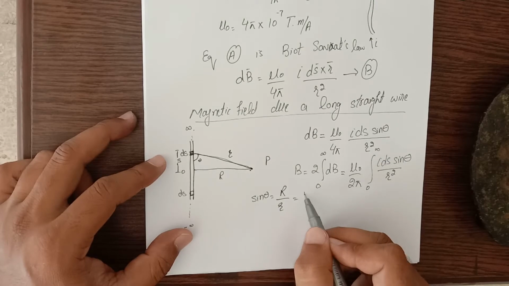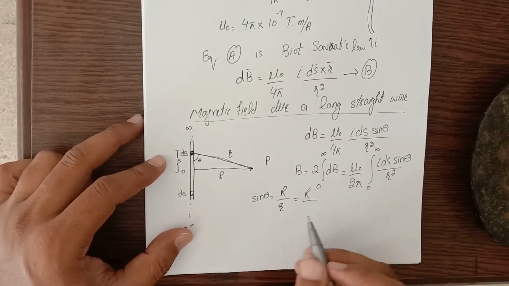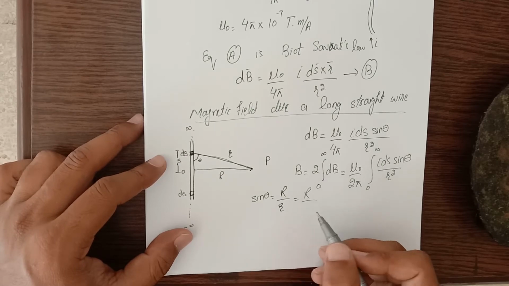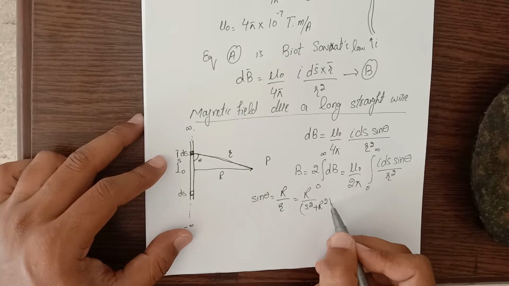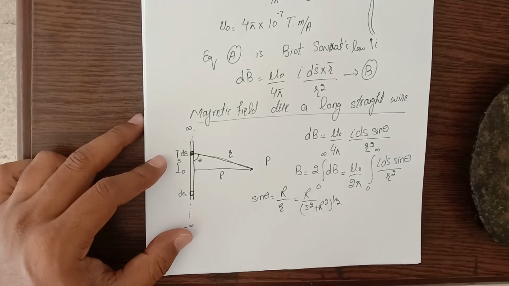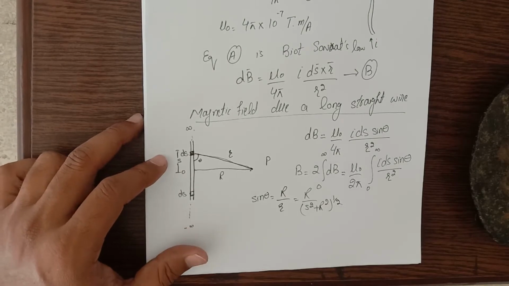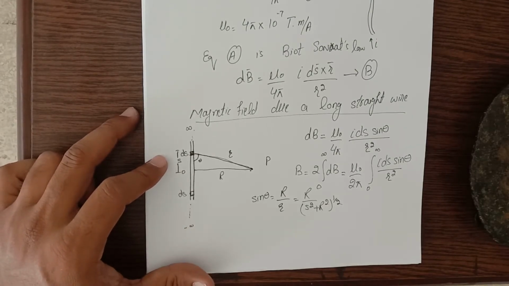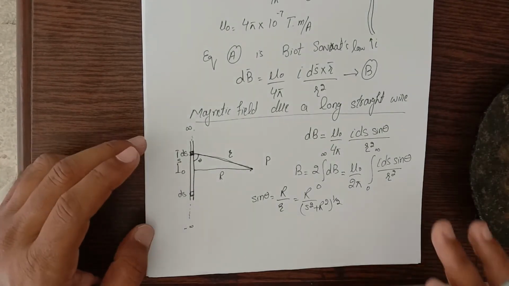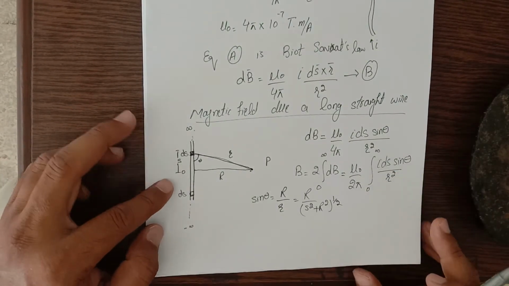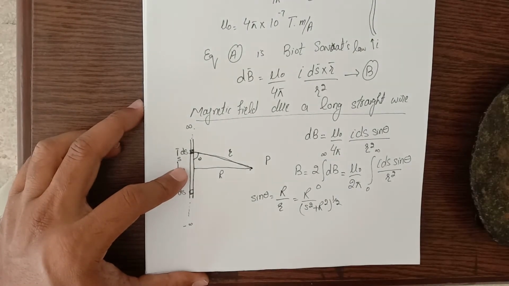And this small r, by Pythagoras theorem, should be equal to the square root of s square plus r square. This would be my sine theta. So when I substitute these values into this equation, I can get the result like B would be equal to